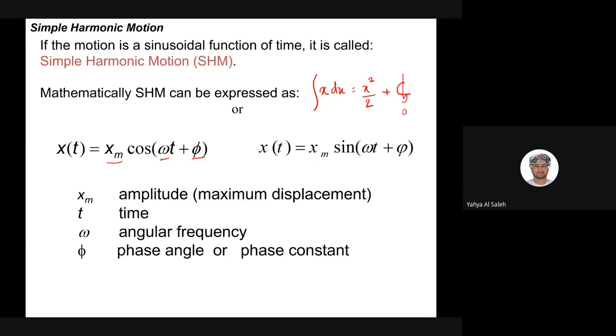Or I need to integrate with limits, something like this, to get rid of the c, right? This plus c does a similar job. This plus phi does a similar job to this plus c here. Yeah, it tells us the amount of shift